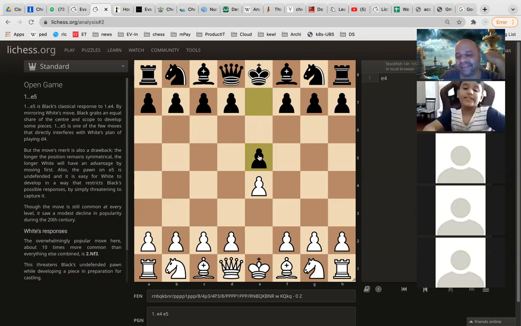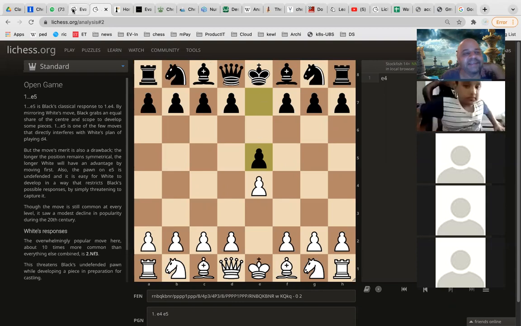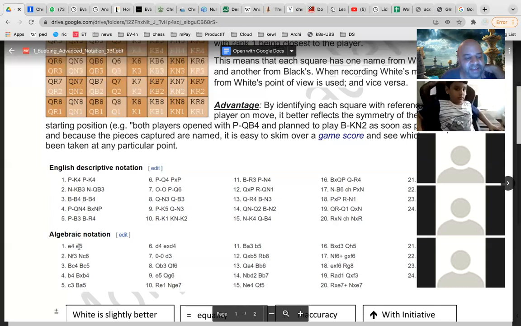Sir, if we copy the move from our side, there will be the same moves as the opponent side. Yeah, it will look similar. Exactly, it looks similar, because from the black side you again start counting 1, 2, 3, 4. So here E5 in algebraic is written as P dash K4 from the black side.